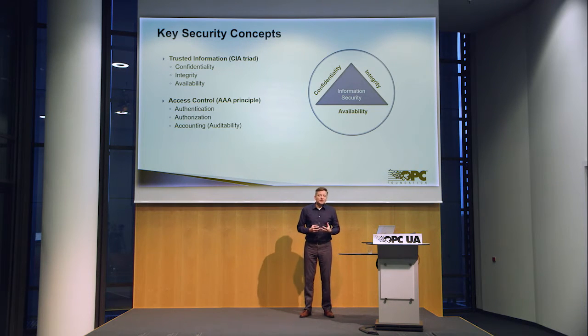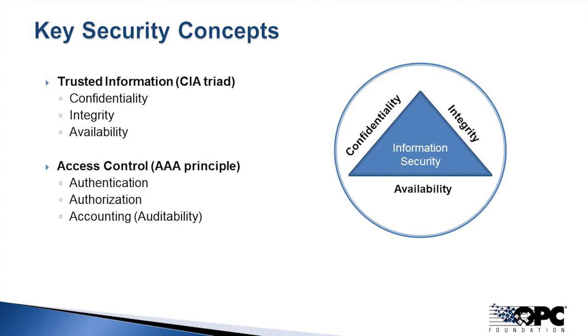Okay, so there's a few concepts that we talk about. So first of all, how do you create a trusted information model? And there we have the abbreviation CIA, which stands for confidentiality, integrity, and availability. So those are the key factors to make sure that your data, you can rely on it. And then also when we talk about access control, we have the 3 A's of access control, which is authentication, authorization, and also the auditability or accountability, but basically making sure that you know what happened afterwards, who did what, right? So kind of leaving a trace. That's very important because a lot of times you're doing post-analysis or forensic analysis.